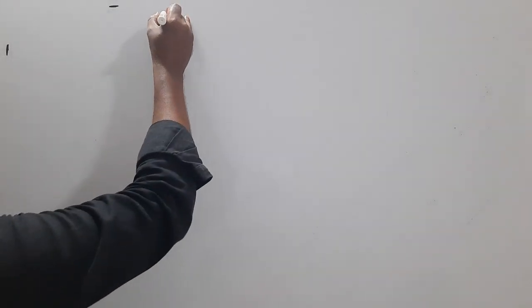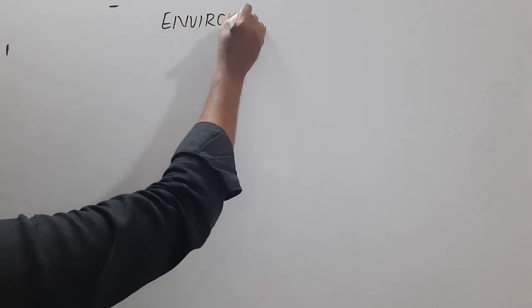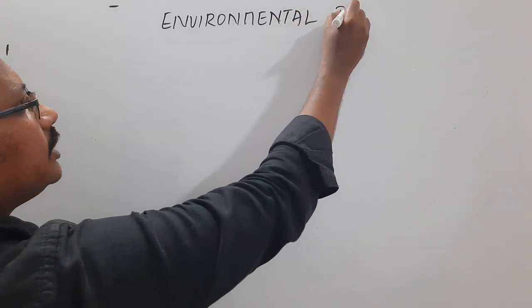Now, in this chapter, we shall know the different causes of environmental pollution and what other methods are available to control it. And so, we'll discuss those things in this chapter, environmental issues. So, now let's begin with this chapter, environmental issues.